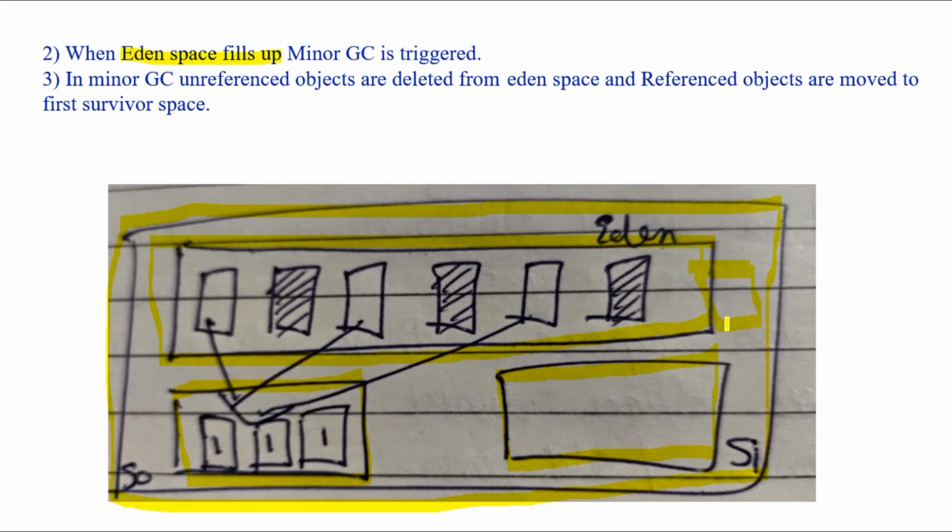So to prevent that, the JVM is smart enough that it tries to deallocate some space. These shaded areas are nothing but those referenced objects which are no longer used by the Java application. So how can you make your object unreferenced, or how does Java or garbage collection understand that it is unreferenced?